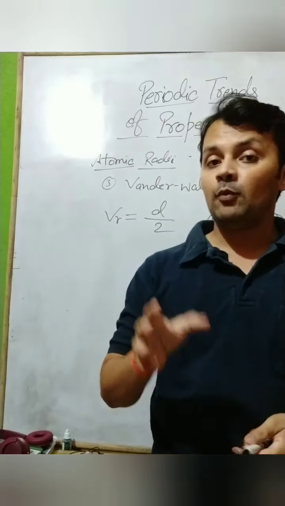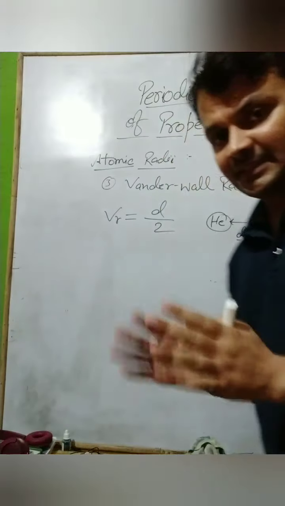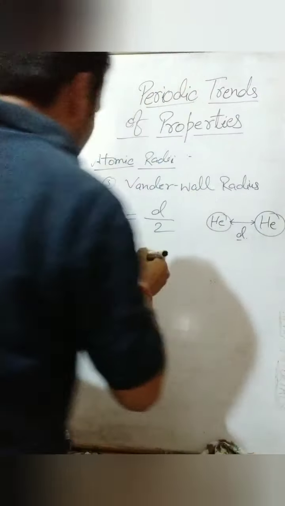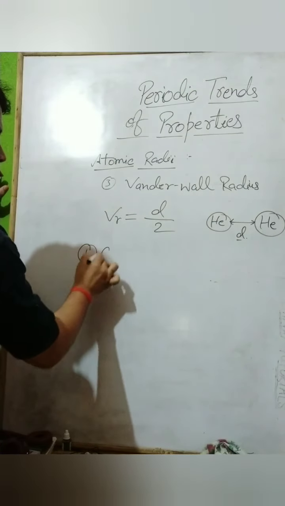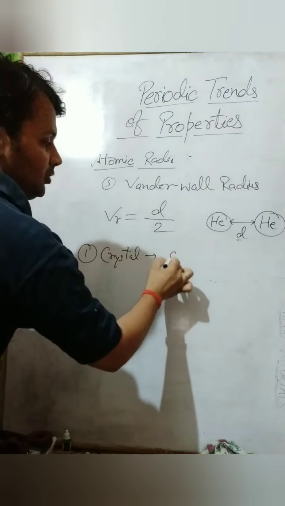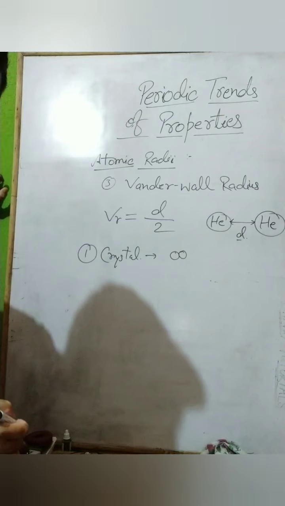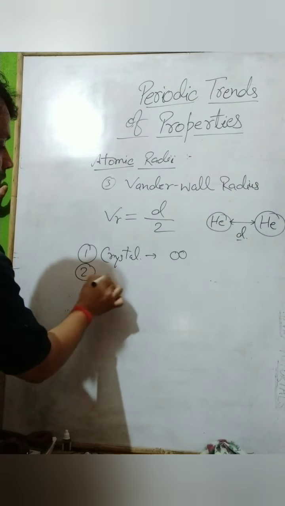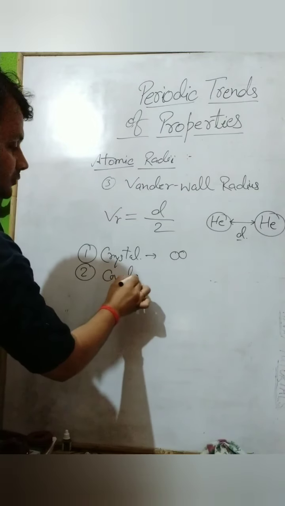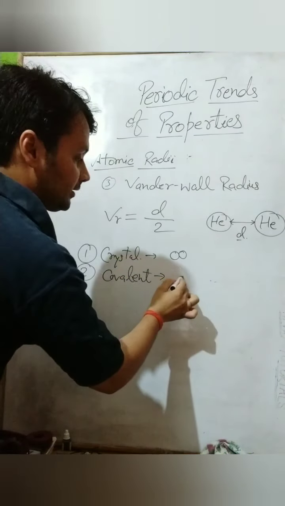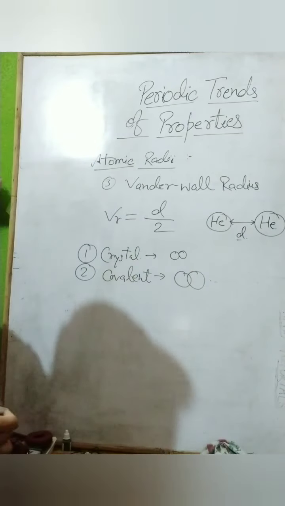Okay, but the positions were discovered. So let's just compare all these three. This is the van der Waals radius. About the crystal radius, the first one, that was calculated when two atoms were placed very near to each other. And the second was the covalent radius. So the covalent radius was calculated when two atoms were combined together by covalent force.